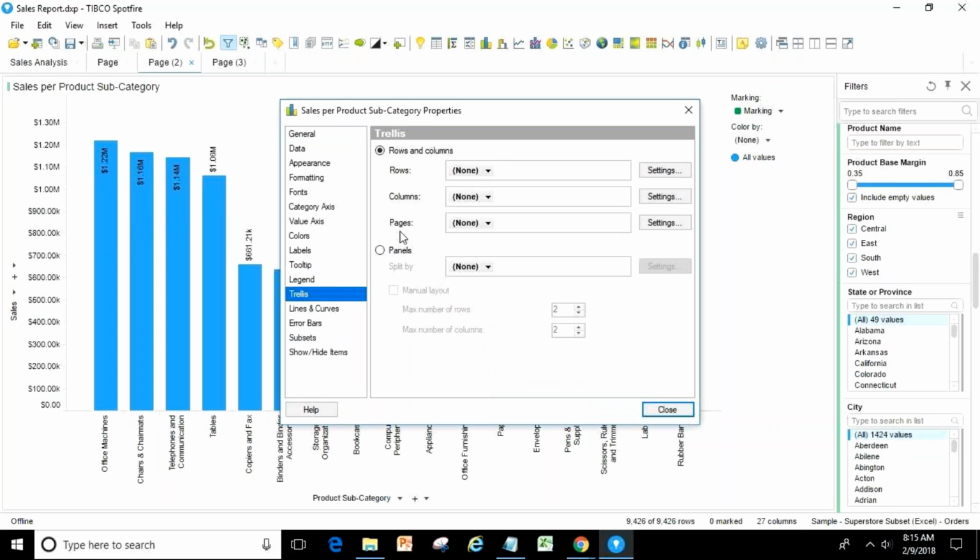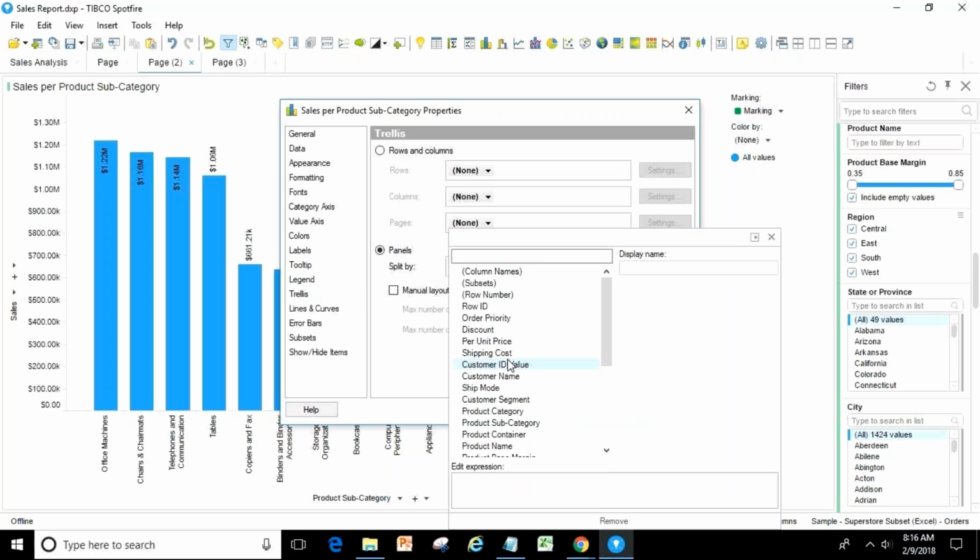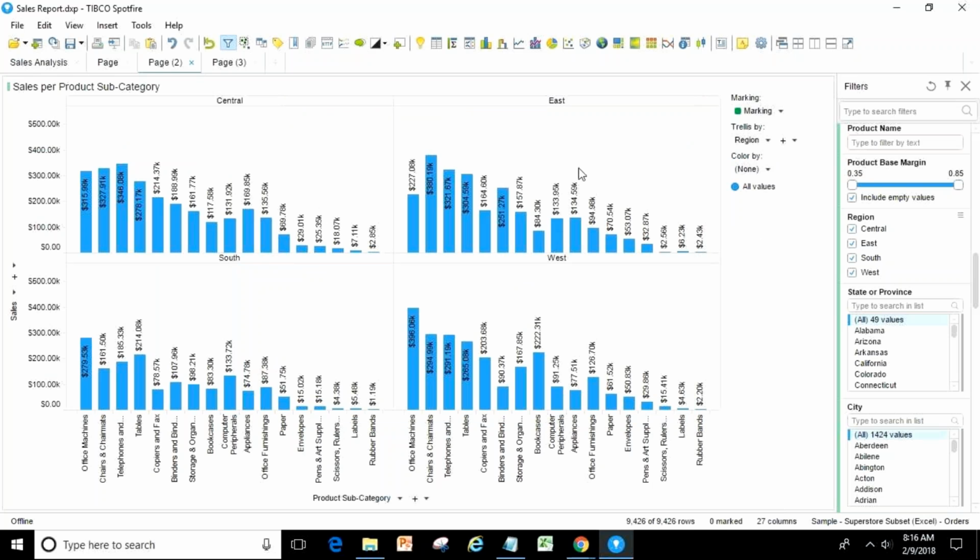So Trellis option. I'll go back to rows and columns later, but let me just do it first. Panels. Under panels, what I'll do, I will use region. So what you get when I say region here? East, west.